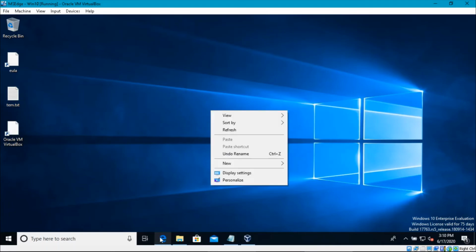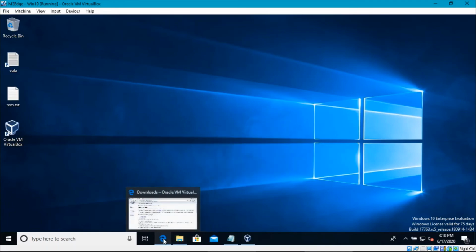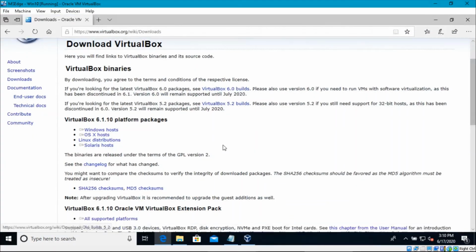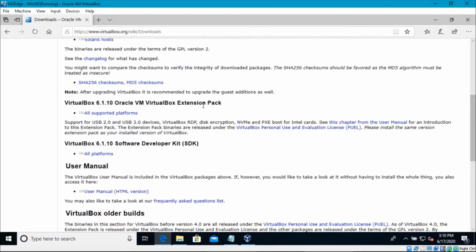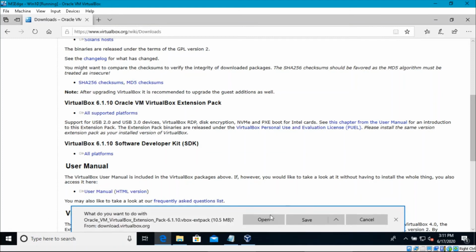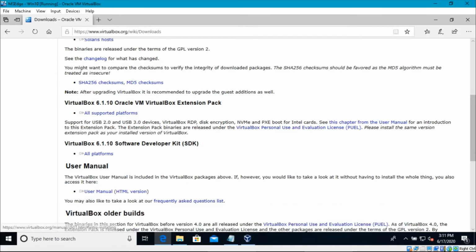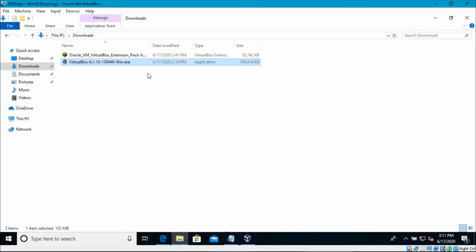Let me refresh. Okay, so there is one more thing which you need to download. After installing VirtualBox, also install this VirtualBox extension pack. There is no platform choice here; for all platforms, there is just one link. Click on it, and then you will download it from here. Click on save. I'm canceling it because I already downloaded it. So it will look like this, right? Just double click on it,